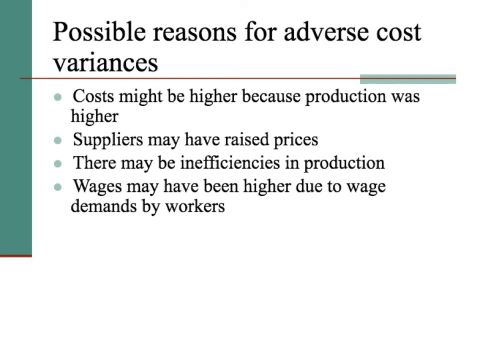I might find that suppliers have raised their prices. So for as much as I might look at changing my prices, suppliers will also do that depending on how much we demand of their product. There could be inefficiencies in production. So I might have bought a poorer quality raw material, and it might have imperfections, and so I might find that a lot of it is wasted. Or it might be that I haven't trained my workers very well, and so they might make lots of mistakes, and that could cause lots of wastage.